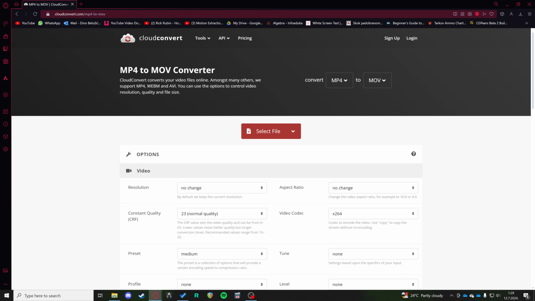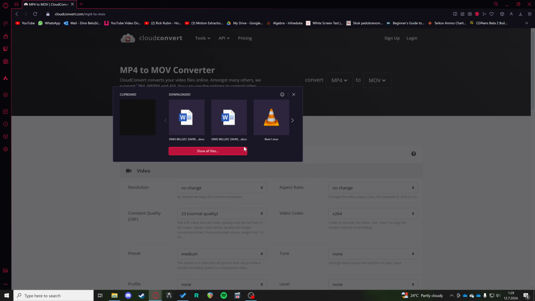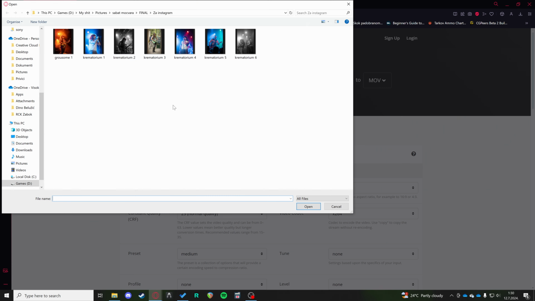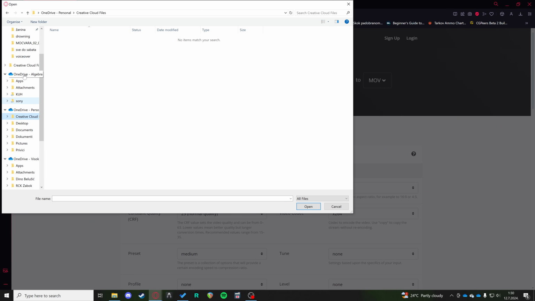So you just go to a website like this. It's called Cloud Convert, and it converts your MP4s to MOV. So literally just come in here, select your file, whatever. I have, from my computer, let's go like